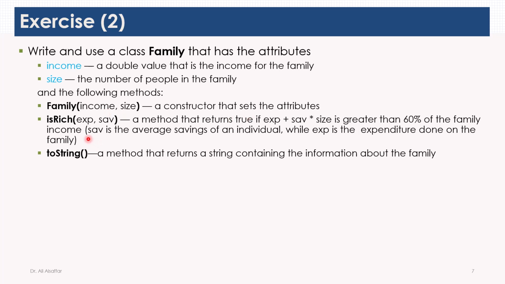Also, we need to define another method called isRich, whose input is the average expenditure of the family and its average saving monthly. What is the average expenditure? The average expenditure is in fact the average expenses the family pays compared to the savings. The method should return true if the expenditure plus the saving multiplied by the size of the family is greater than 60% of the family income. So SAV as an input parameter is the average savings of an individual, while EXP is the average expenditure done